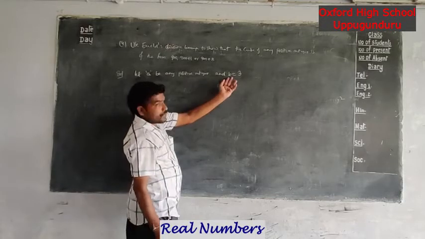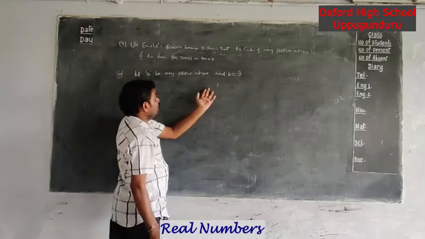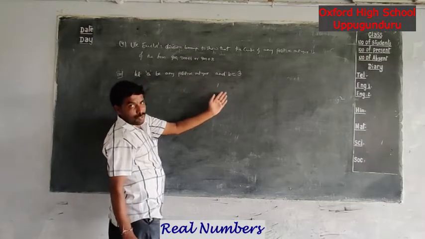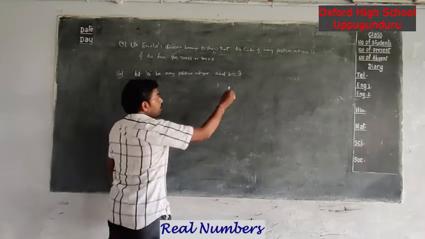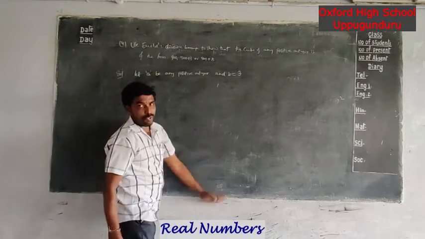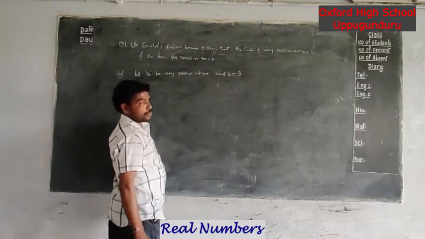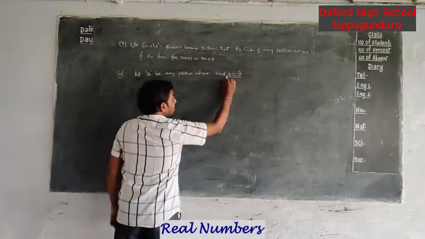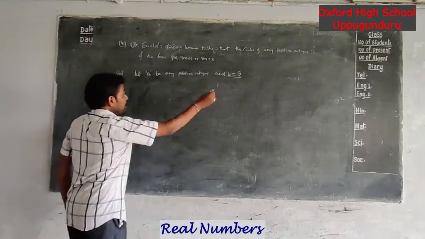When you consider b as 3, you will get only 3 cases: a equal to 3q, or 3q plus 1, or 3q plus 2. But when you consider 9, you will get 9 cases, and you have to prove the problem in 9 cases. That is the lengthy and long process. That's why you are considering b value as 3. When b equal to 3,